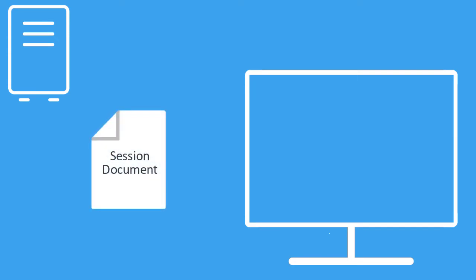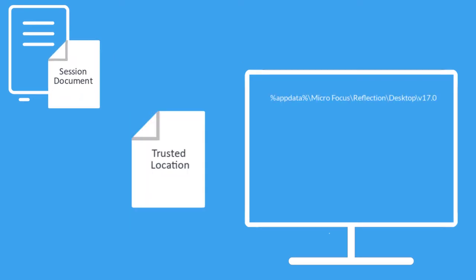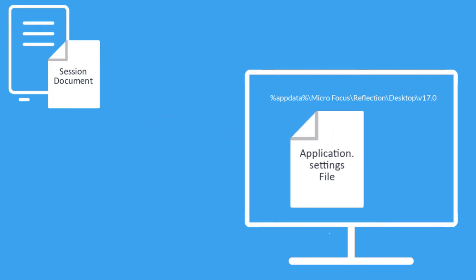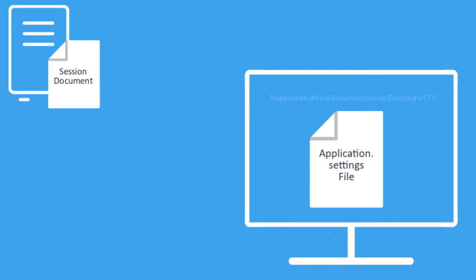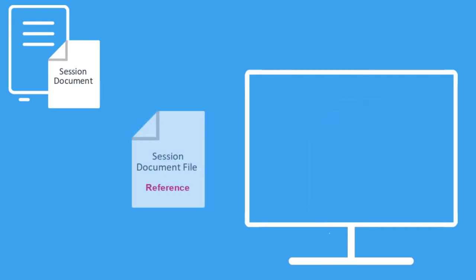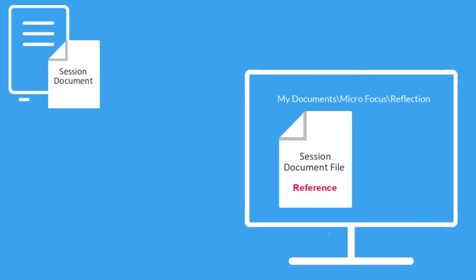Now let's take a look at how to set up a reference to a session document file that contains your shared macros on a share. First, we'll create a session document file with your macros, just like we did before, except this time we can name it anything we want. Then save it on a share. You'll need to add a trusted location setting for the share to the workspace and deploy it to the app data directory. And finally, create a session document file that references the file on the share and deploy that file to the